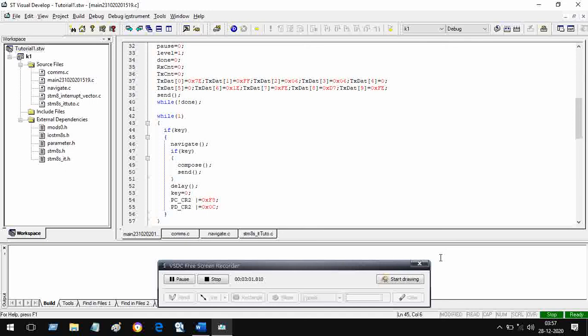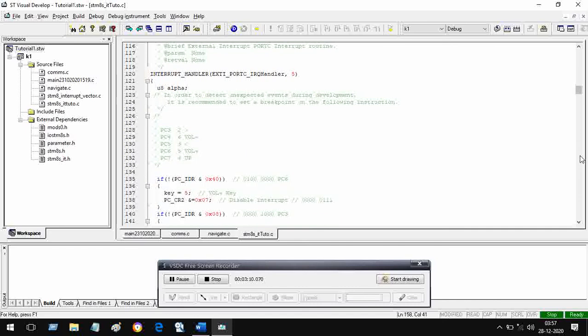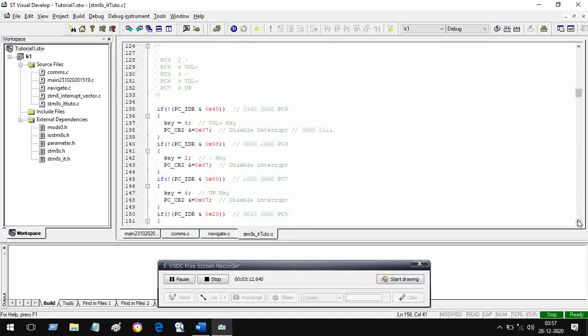We call it debounce. So for the purpose of debounce, what we did, look at the interrupt of the key. See here, we have these keys. Key number 2, 3, 4, 5, 6 are on port C. After a key is pressed, an interrupt will appear. Suppose the PC6, that is volume plus key, is pressed, then there will be an interrupt, and you will come over here and see that, oh yes, it is this key, and so it is key 5.